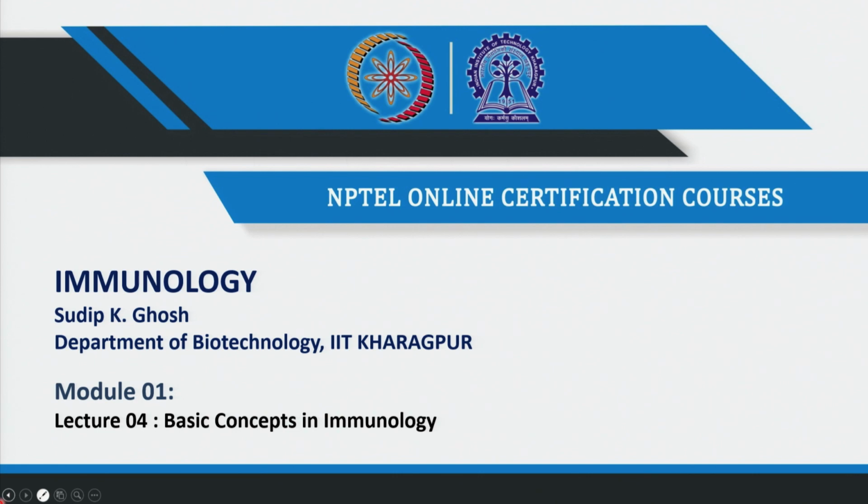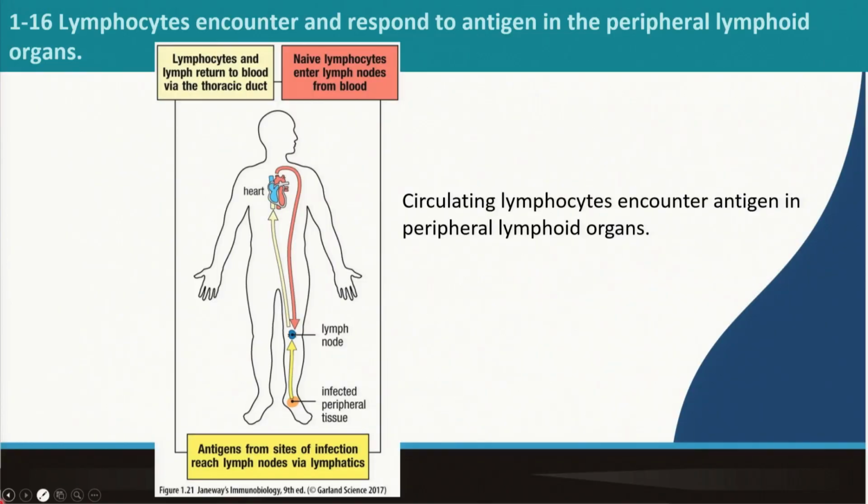Today we are going to start again the basic concepts in immunology. Today is lecture 4. Okay. So, in last class we ended up with the dendritic cell is the bridge between innate and adaptive immunity. Today we are going to see how innate immunity and adaptive immunity are bridged together, what is happening and how it is going. Okay. So, the first slide